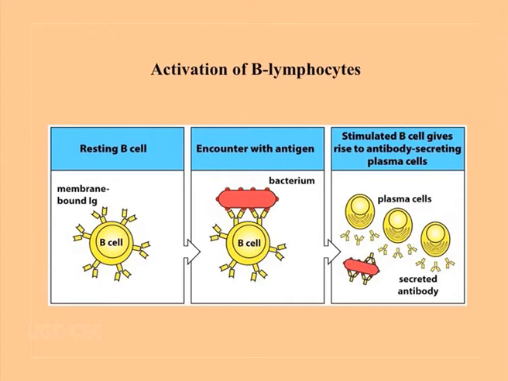Now, as a B cell encounters an antigen, with the help of the membrane bound immunoglobulin, the B cell gets activated and is converted to plasma cells and memory cells. Plasma cells secrete immunoglobulin molecules, and memory cells keep the memory of the antigen and act in future against the same antigen.